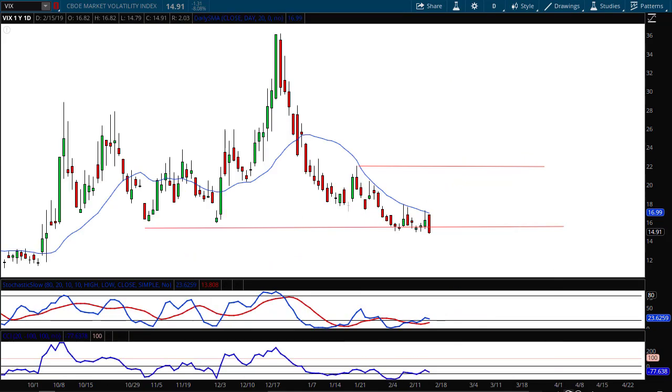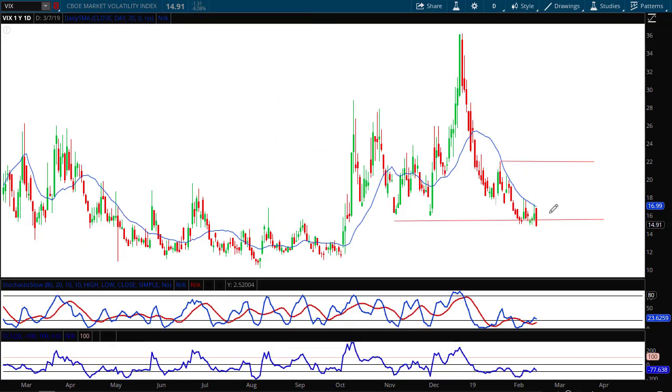Today, the VIX is showing a bearish engulfing pattern with a close below that support level. So what does that mean? Well, the volatility index is a leading indicator. So if it is showing a bearish sign, that is going to be bullish for the S&P. The next level of support for the volatility index is down here. Whether or not we'll go down that far to test it, we'll have to wait and see.